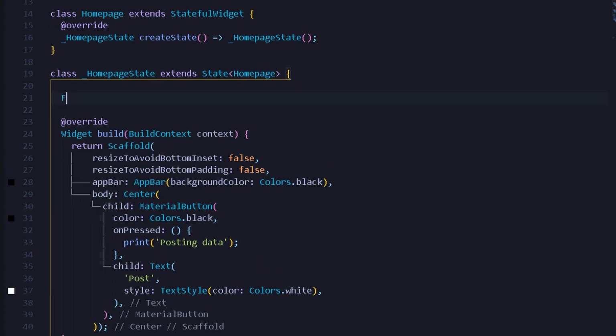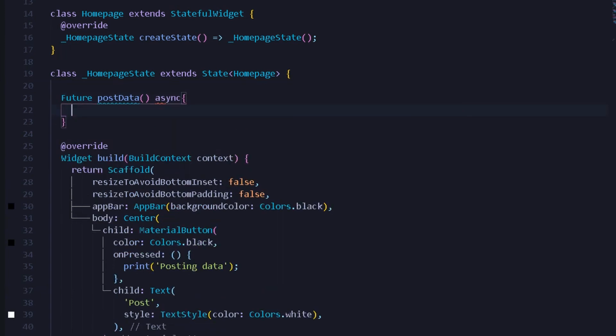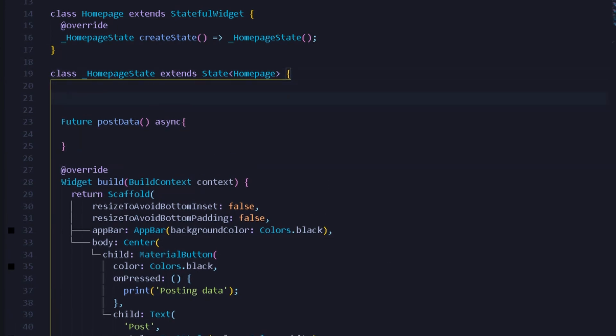So at the top of our build method, we can create a new future method for posting all the data. But now here I will simply write postData. And this postData is going to be asynchronous as it is a future. So here I can add the async keyword, and under the following postData method we are going to be requiring certain parameters from the REST API itself. But first things first, let's instantiate a new Dio object instance from the Dio package for our Flutter application. So here I can write Dio, and our object instance of Dio should be equal to new Dio.